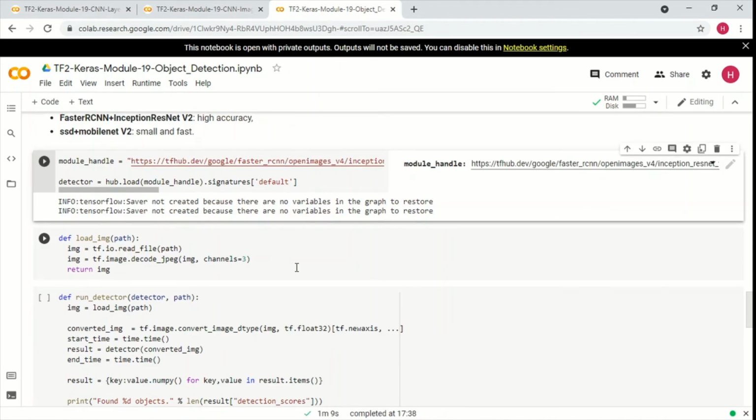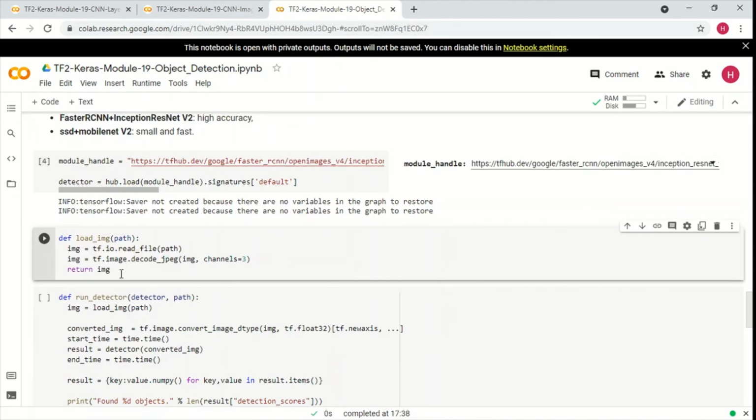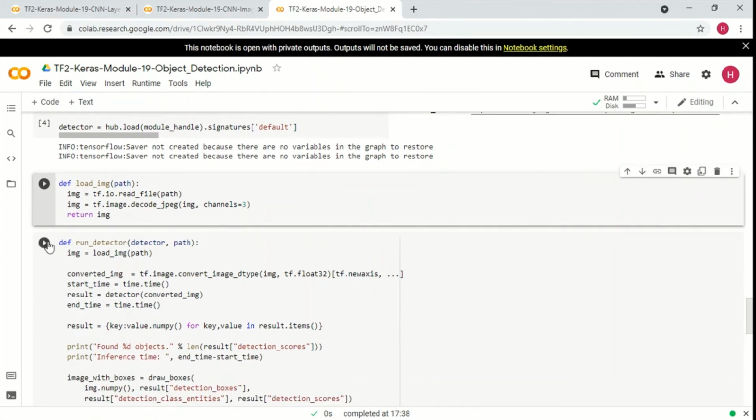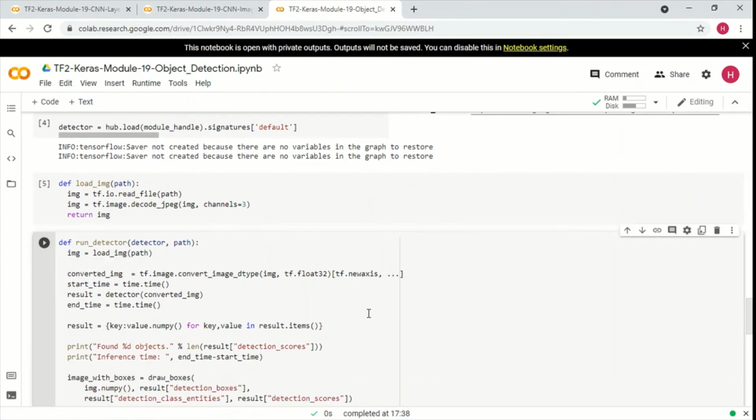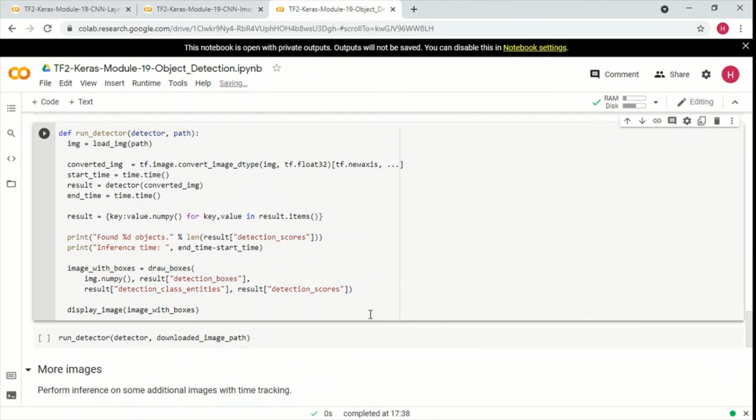Okay, so there are some more functions for loading the image and running the detector. This is a run detector function which is going to get the image, and then we are going to get a result by running this detector on the converted image, and then we are also going to time it, and then we are going to display the result actually.